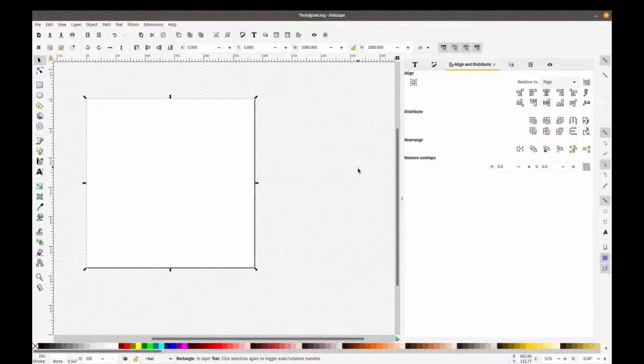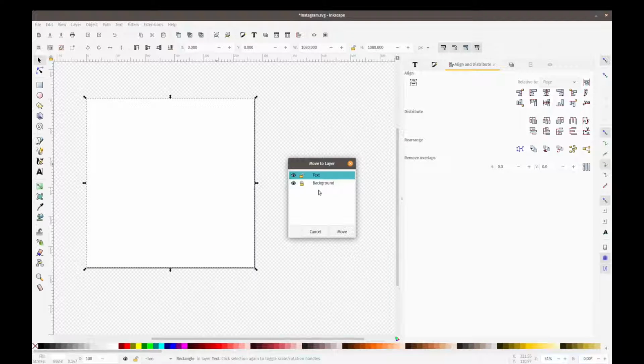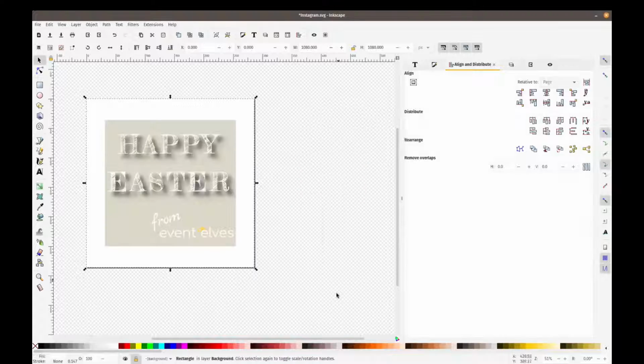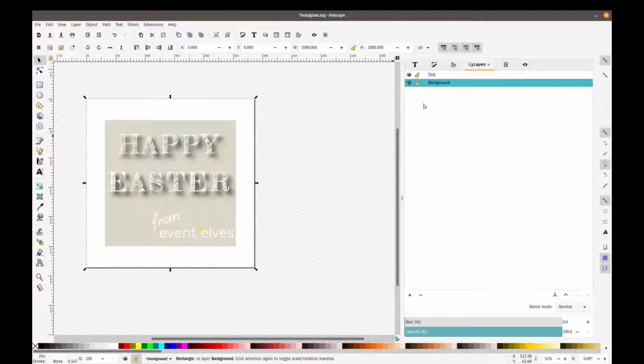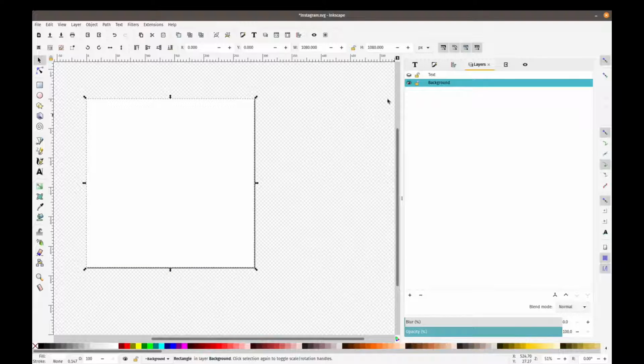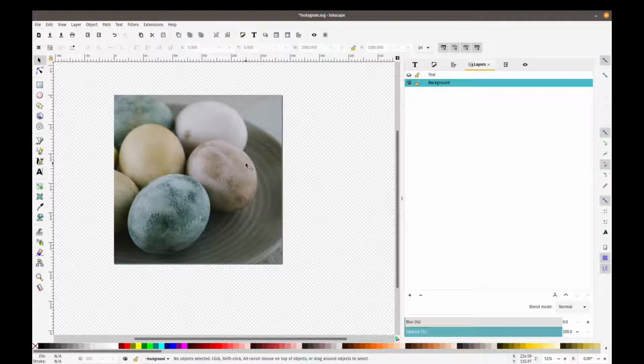It's covering everything, unfortunately. So what we can do is we can move this to our background layer. So let's move that to the background layer. Awesome, but it's still covering our background photo. So let's go back to our layers section over here, Control-Shift-L, or you can click on the box here. Let's unlock our layers, background layer, and let's hide our text for now so that we only focus on the background layer. What we can do is make sure to lower this to the bottom,